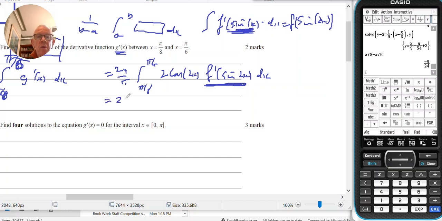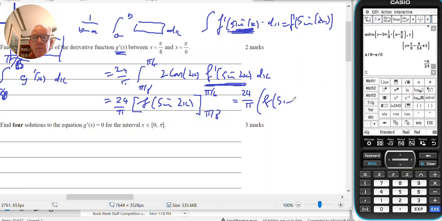So this is going to equal 24 on pi, square bracket, f of sine of 2x, going from pi on 8 to pi on 6, which is 24 on pi, f of sine of pi on 3 minus f of sine of pi on 4,